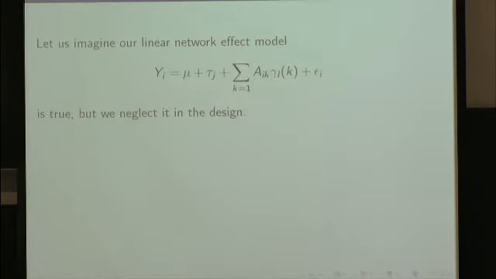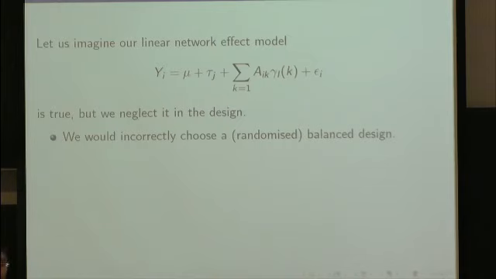So let's say we have a network effect in our model, but we forget to include it. Okay, so this network effect exists, but we neglect the fact that our subjects are connected in some way. Okay, so what would we do? Well, we get 10 people in, and we give half of them treatment A and half of them treatment B. And being good